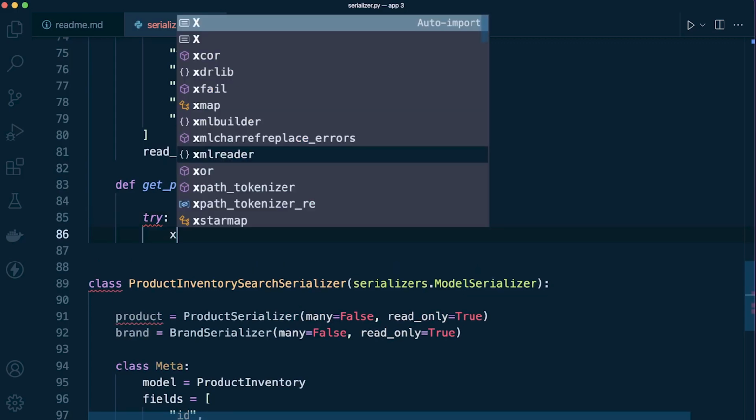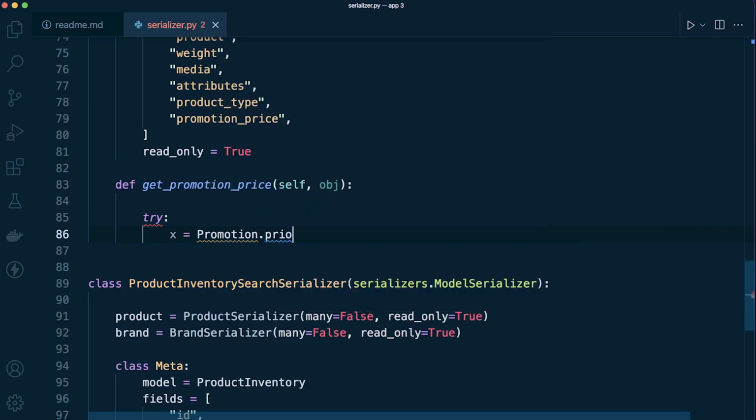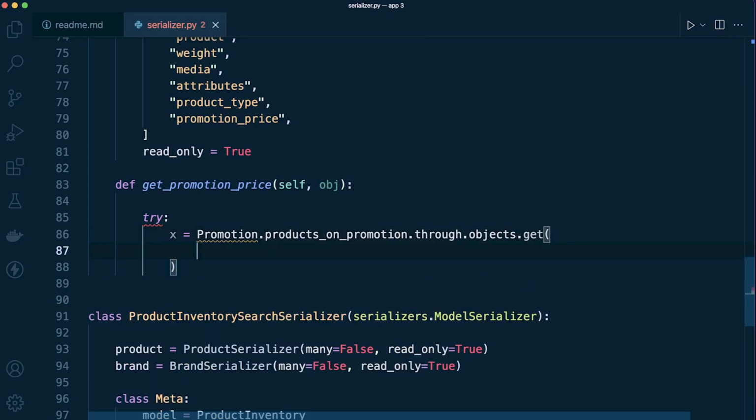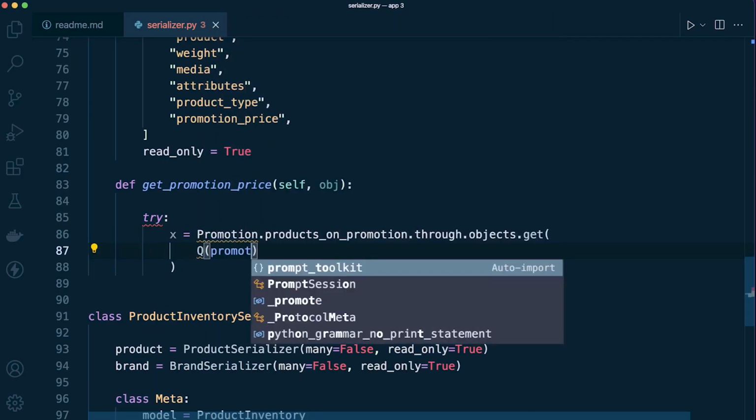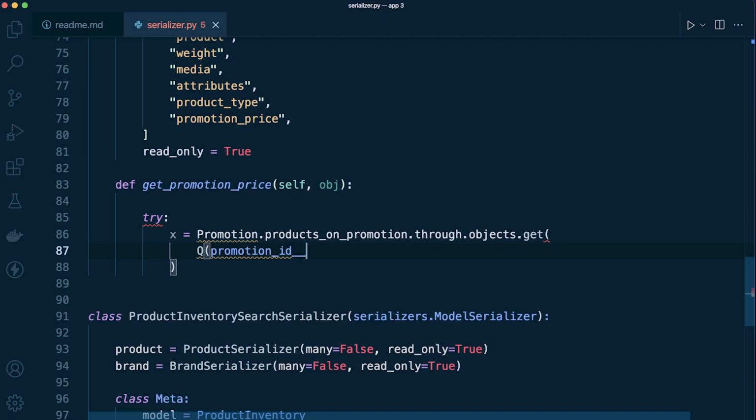So what we're going to do here is just grab the data from the database. So promotion.products_on_promotion. Again, promotion. We use the through.objects.get, and then we're bringing in Q. So we're going to run a filter here. So 2 things. The promotion needs to have is_active equals True, and then secondly,